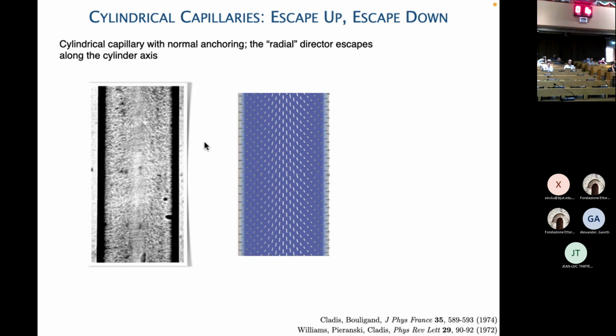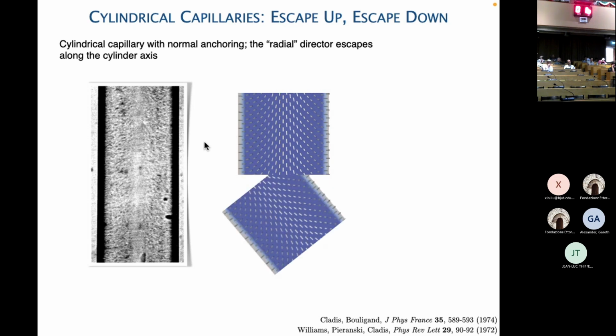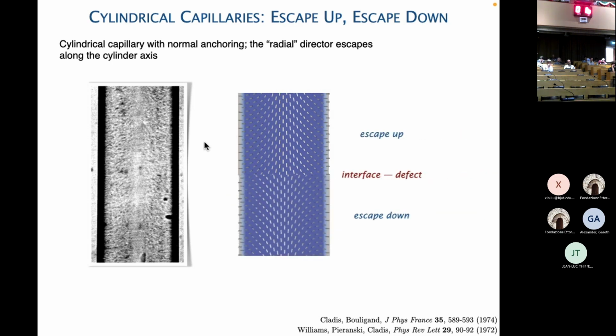And if it wants to avoid it, it can do it in two ways. It can either choose to rotate so as to escape in the upwards direction along the axis of the cylinder, or it can choose to do it in the downwards direction. And the game that we play with this system is to ask it to make different choices in different parts of the cylinder. So for instance, here in the little cartoon, I have some region where it escapes down, connected to some region where it escapes up, and at the interface between the two, there will be some structural defect